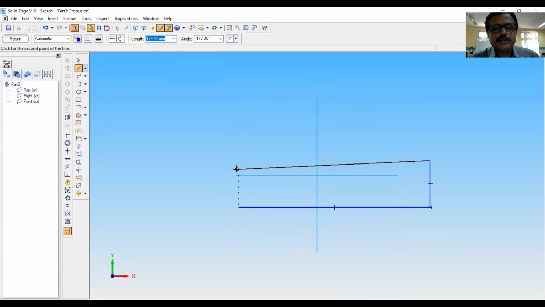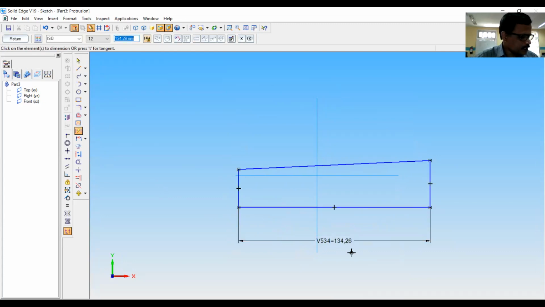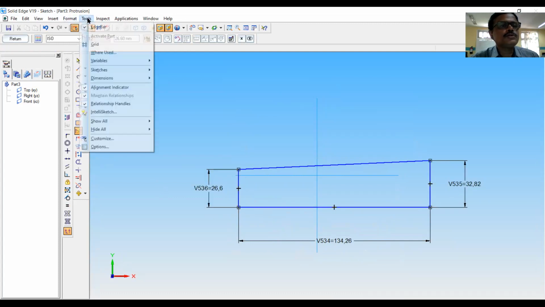Simply draw it like this. Now we can fix up the dimensions. Go to smart dimension. We'll fix everything afterwards. Now come to tools and variables.